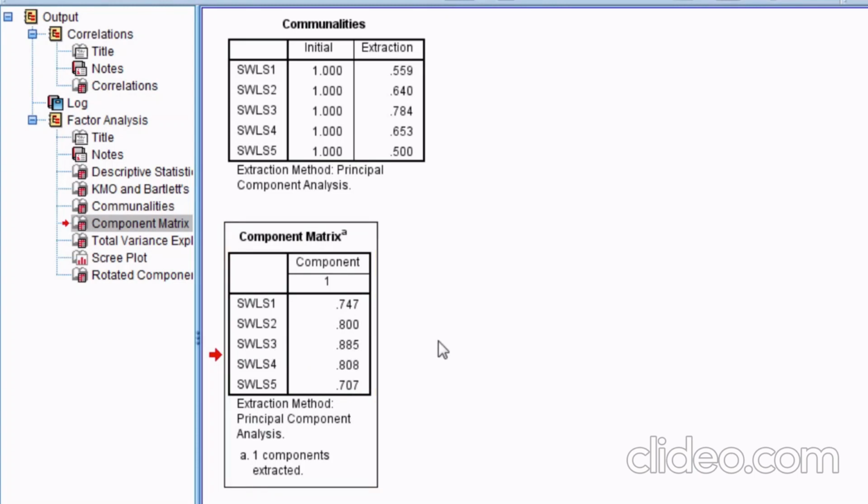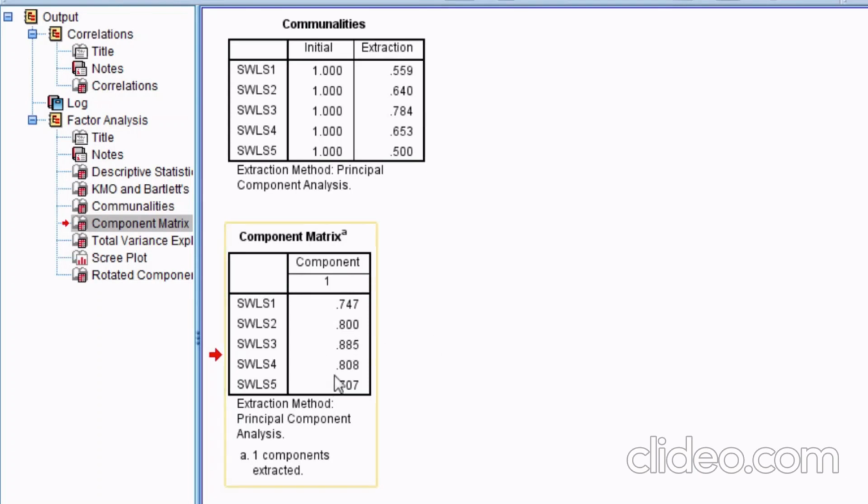Now, one thing is naming a factor or component. We have to name those components because they don't come out with a name. All we know is that we have one component, so our job is to name it. What we would do is look at each of these items, at the actual text in those items, and what it is that they're measuring,